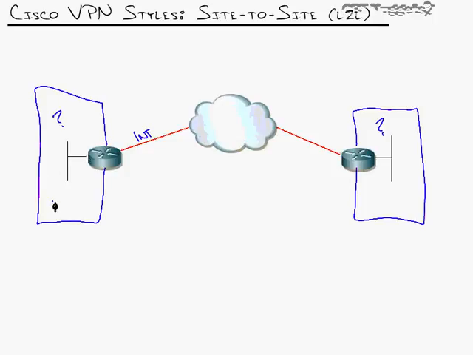So it will come in clear text, unprotected, unencrypted. As soon as it realizes it's going across the VPN, it will encrypt it and send it through the internet, which is a public network. It's very unsecure. Anybody can get that data, but it's so heavily encrypted that nobody can get to it. It reaches the other end, which unencrypts the data and then sends it over here to the client. That is a site-to-site VPN, and that is a direct replacement for a private line,